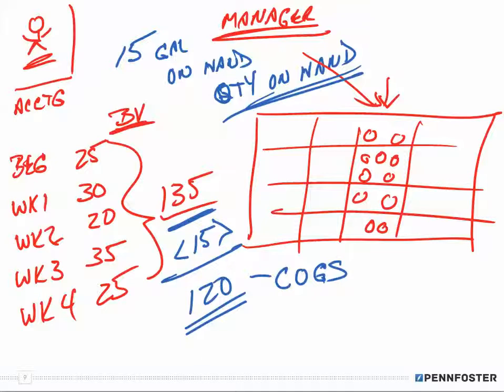We went and we said, okay, we started out with 25, we added 30, added 20, added 35, added 25, but now when the manager goes and he says, there's 15 on hand, and this is where some people get messed up, because it's the 15 on hand,